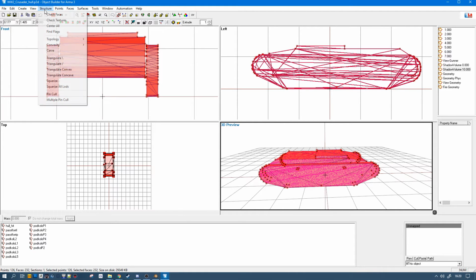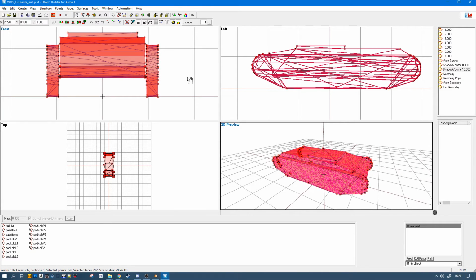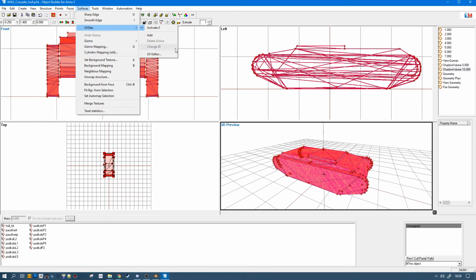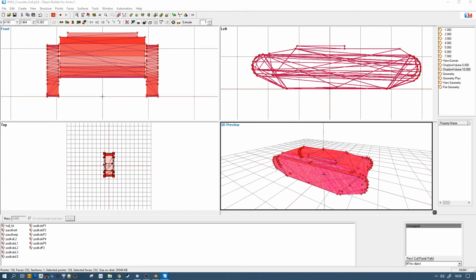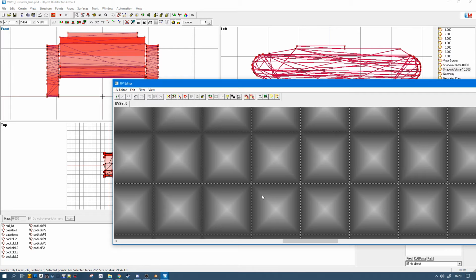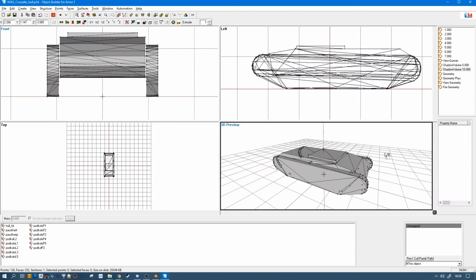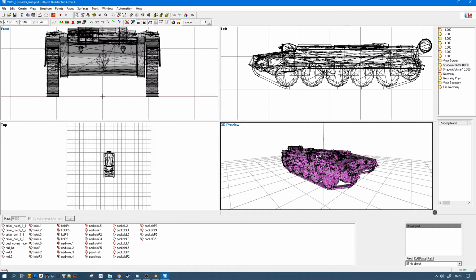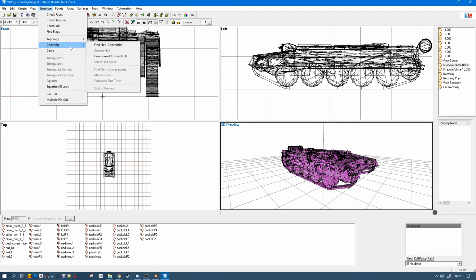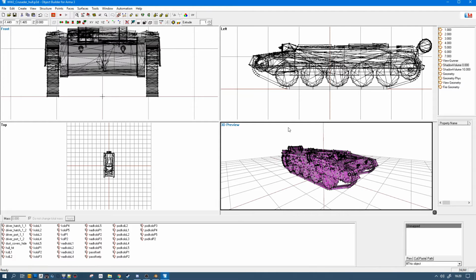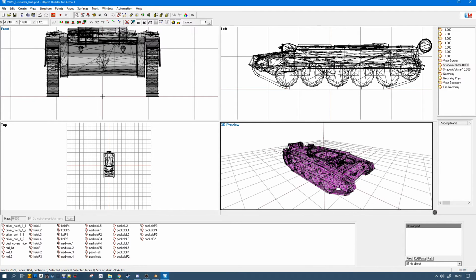And don't forget to do structure, triangulate backward, press U to make sharp edges, and I took the habit to go into the UV editor and delete any UV coordinate, just a reflex. I don't know if it's useful or not.